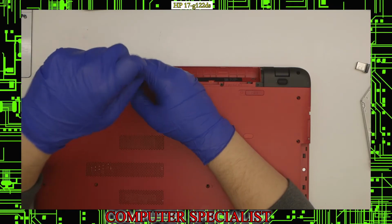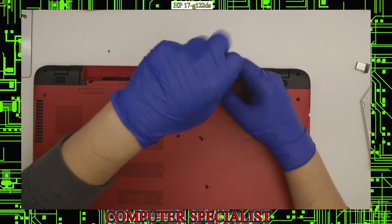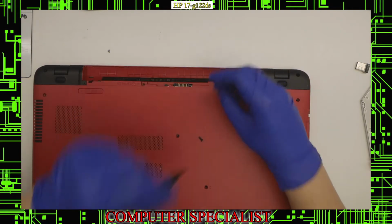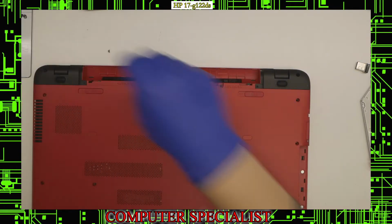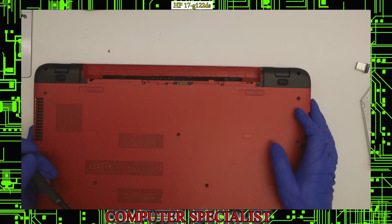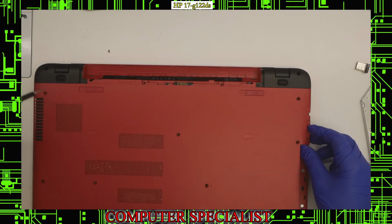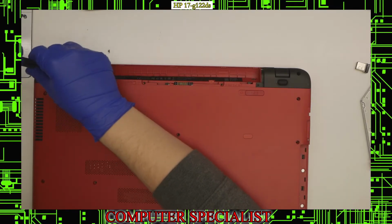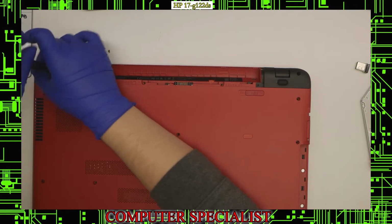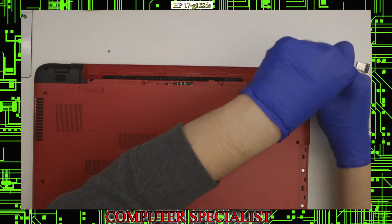These are labeled. These are M2.5 by 6.5 millimeter screws, which is nice. And I can put that in with the battery screws. And at this point now we can start taking off the hinge covers and the hinge screws. So I'll take these two hinge screws out. We have one on each side. Hinge screw there. We have another hinge screw on this side,